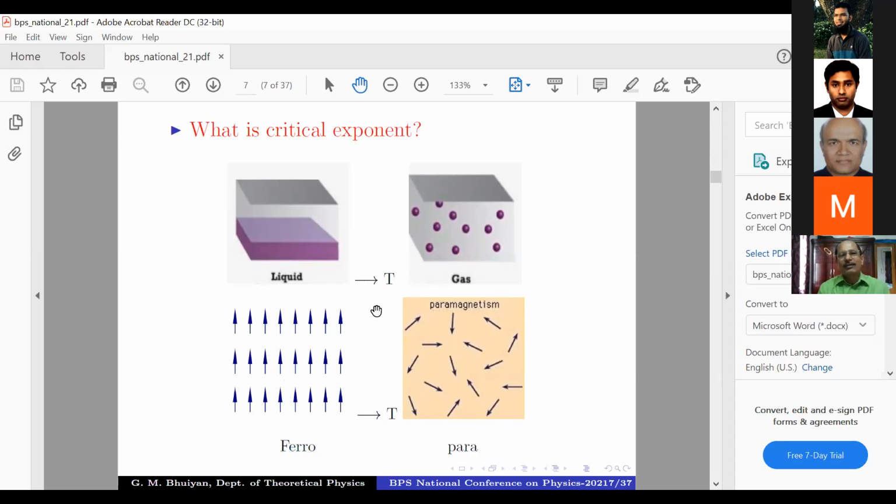This is called the critical temperature or transition temperature, or in ferromagnets we especially call it the Curie temperature. There is a certain temperature after which we find paramagnetism, and before that is ferromagnetism. So totally different phenomena. But if we look at